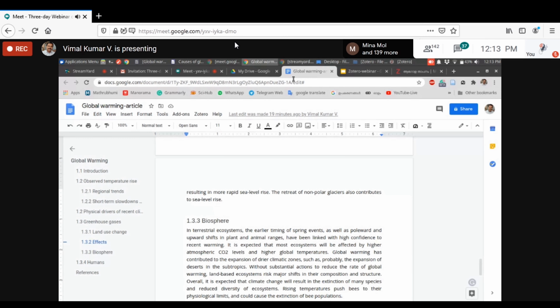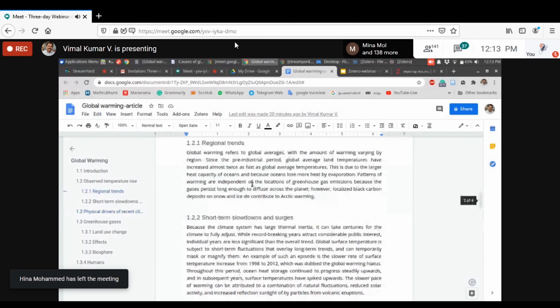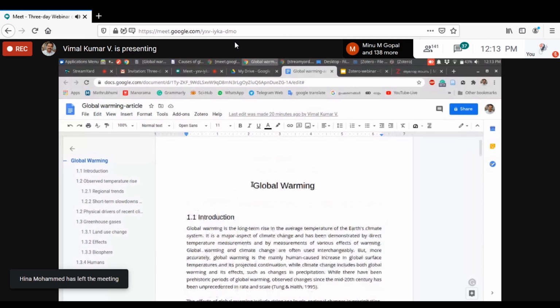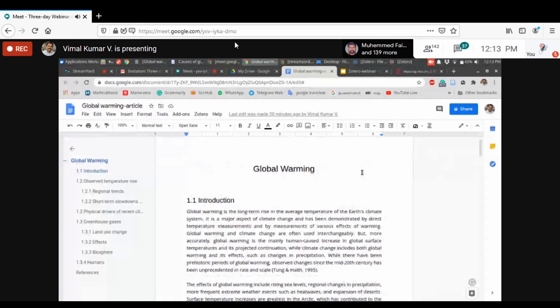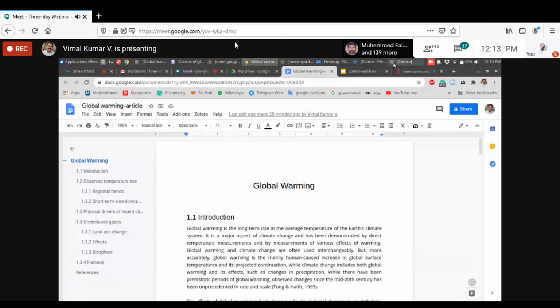I have an article prepared using Google Docs on global warming. I will show here how to integrate Zotero with Google Drive and add in-text citations. After installing the Zotero client and the Google Chrome extension, you can see a Zotero menu on the Google Drive document.